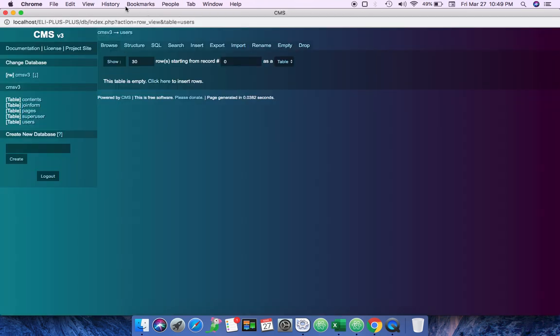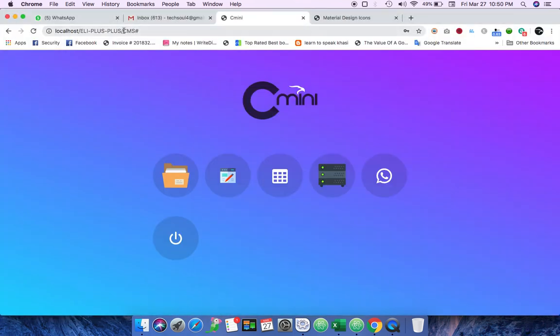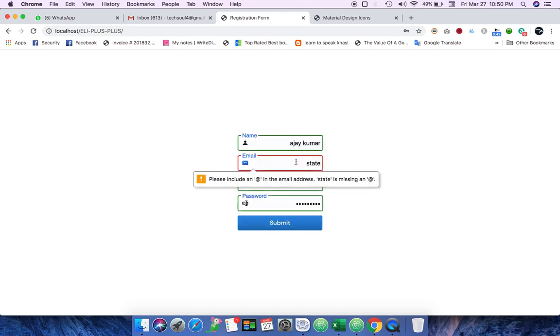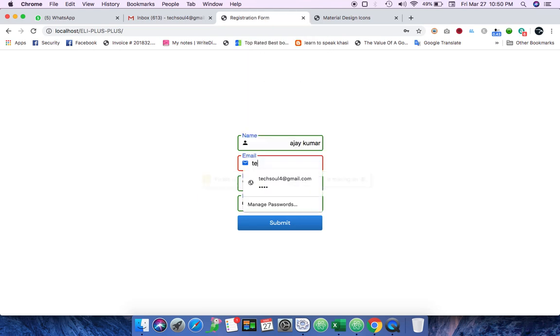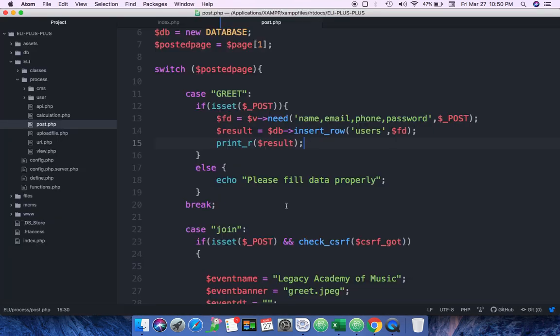Okay, so see now the user table is empty. Okay, so let's submit. Submit. So this is the data is coming. Some message and everything. So what I'll do is I'll write like this: